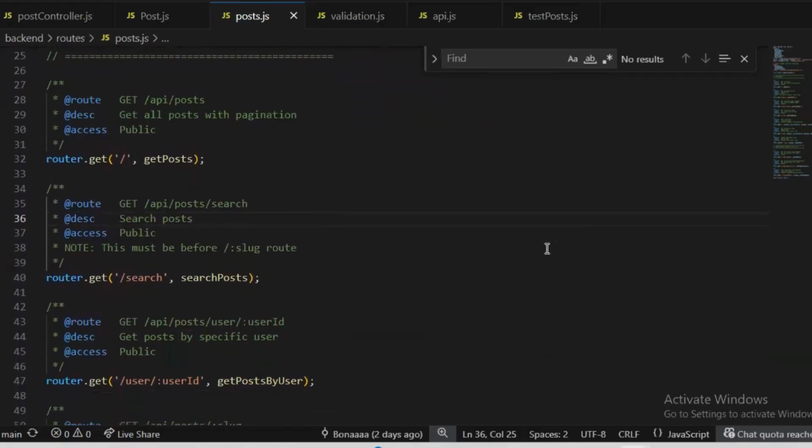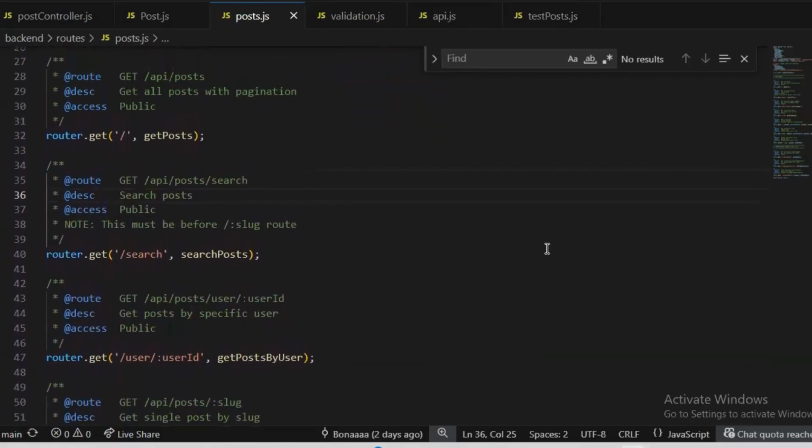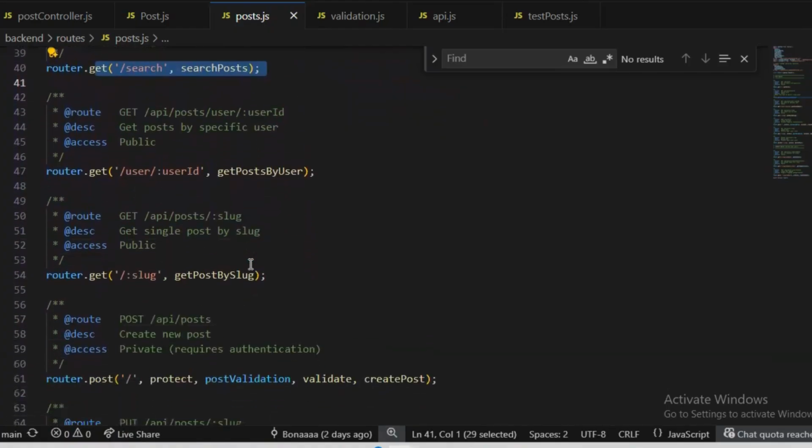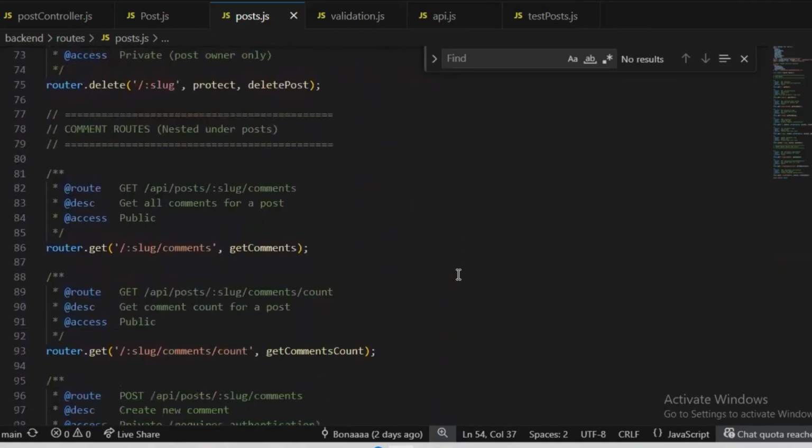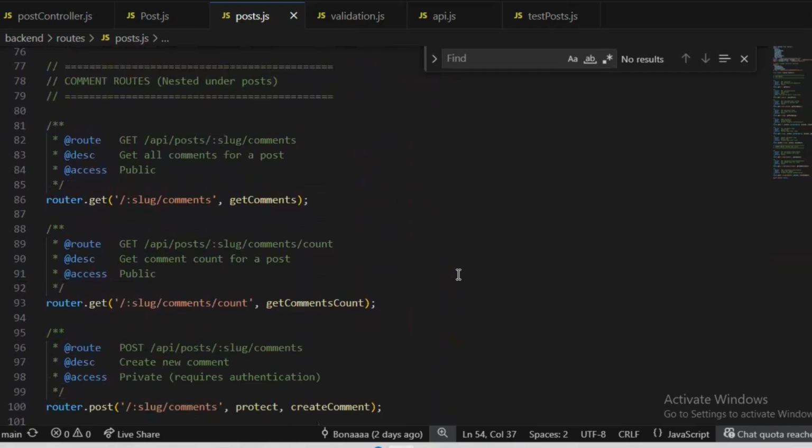In this case, specific routes like /search will come before dynamic routes like slug to prevent routing conflict. And then we also have comment route here, which is nested under post routes. And with this comment route, there is an integration that shows how the system scales, where post and comment work together seamlessly.